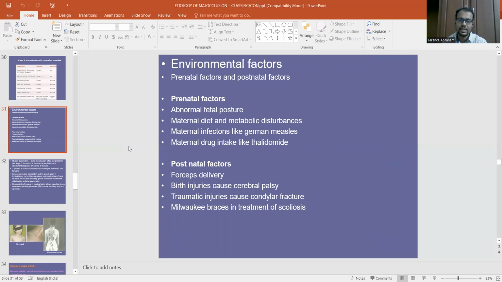If the mother is taking drugs or has any metabolic diseases, it can cause prenatal abnormalities and malocclusion. Causes of malocclusion: postnatal factors are birth injuries, and if a patient has scoliosis, for treatment of scoliosis we give Milwaukee braces. In Milwaukee braces we take anchorage or support from the mandible, so it results in retrognathic or retarded growth